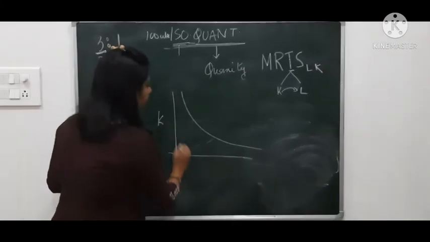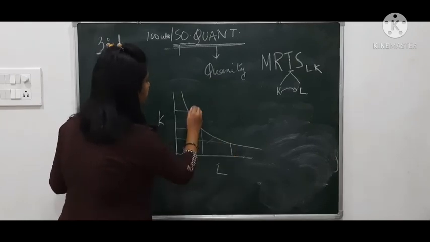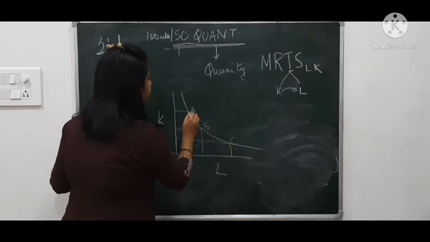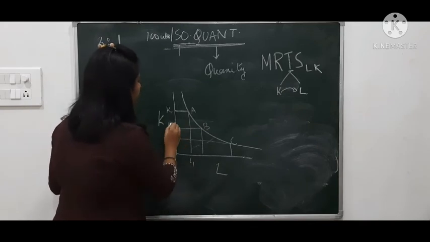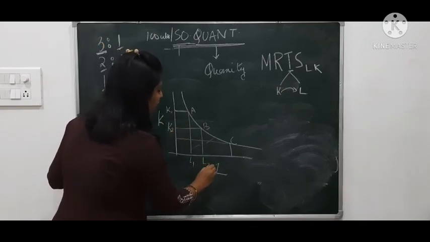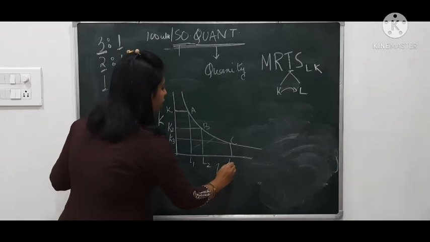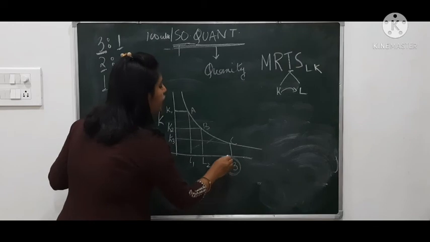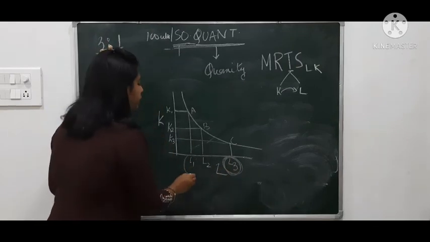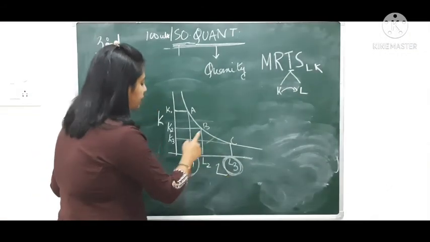What I want to say is that when the curve is like this, here you have capital and here you have labor. As you reduce the capital and increase the labor, A, B and C, at this point you have more capital, K1, and this is L1. At this point you have a lesser amount of capital and more labor. At K3 you have the lowest amount of capital and the highest amount of labor. So at L1 you have the lowest number of labor. Productivity will be less here, productivity will be high here.